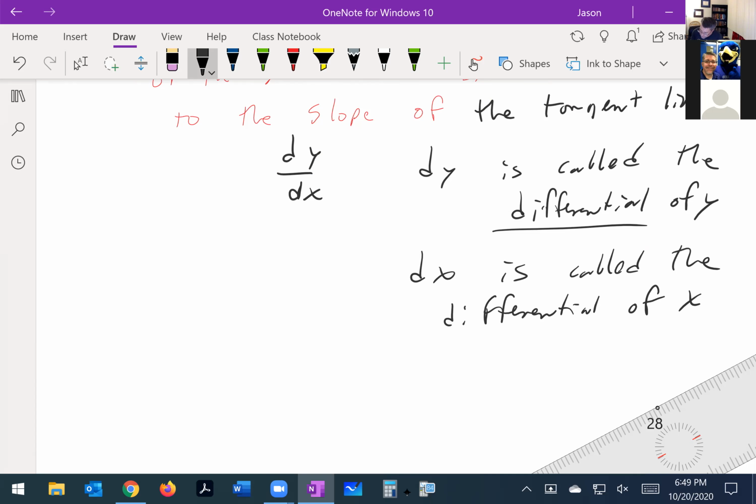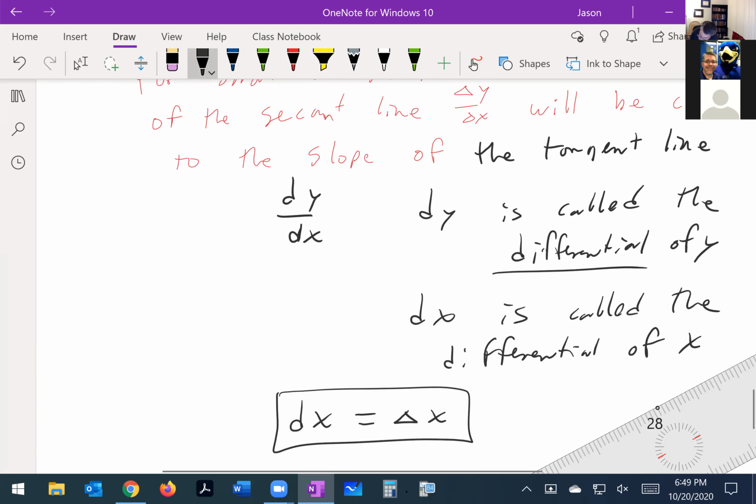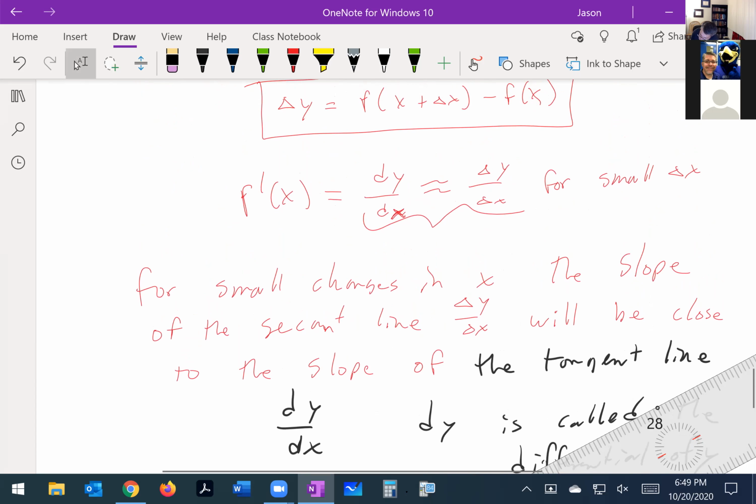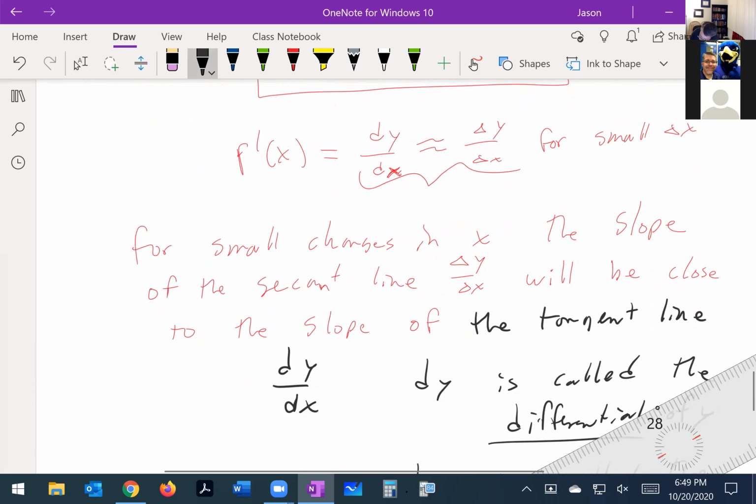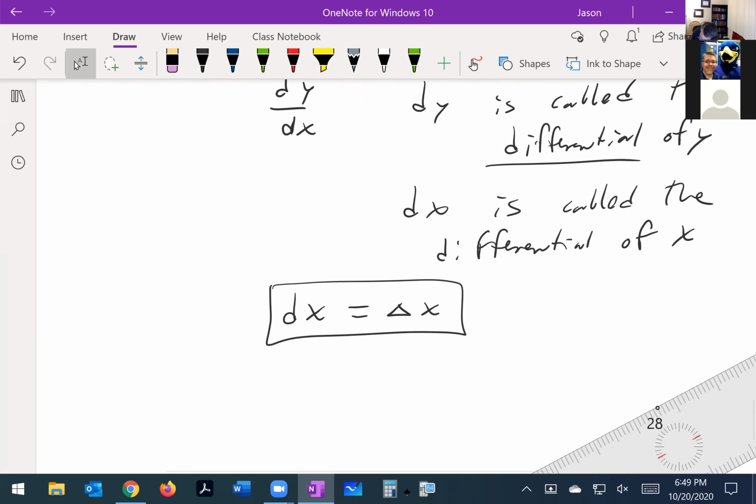And what we do is we say that dx is basically equal to delta x. Okay, we're going to say that dx is equal to delta x. That's the differential of x. And if we do that, and we let that be equal to that, then we can say that delta y,